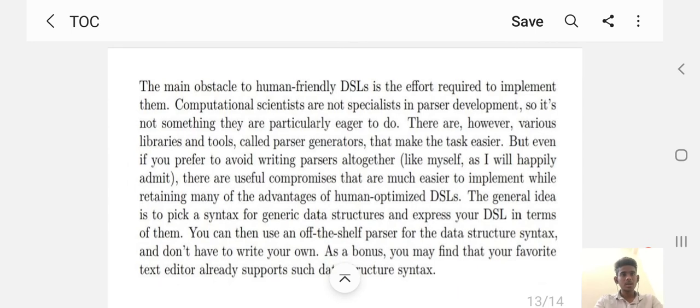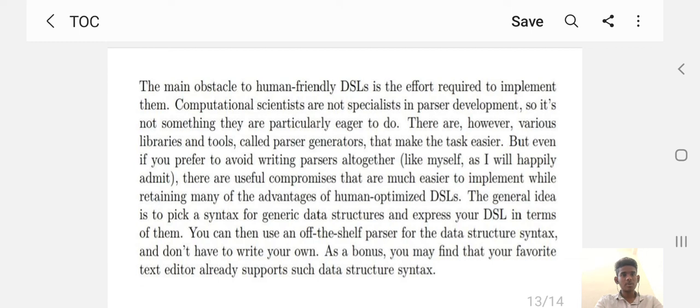The main obstacle to human-friendly domain specific languages is the effort required to implement them. Computational scientists are not specialists in parser development, so it's not something they are particularly eager to do. There are, however, various libraries and tools called parser generators that make the task easier, but even if you prefer to avoid writing parsers altogether,